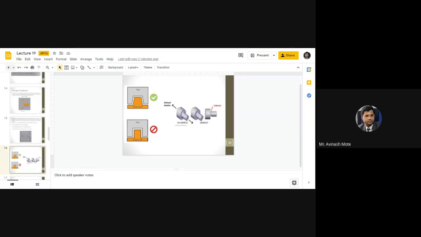Why? One of the terms we saw in the last lecture was draft angle. Are you observing in the second figure, the lower one? It has more surface contact, so it is difficult to remove the component from this. Getting it? So here a draft angle is provided.